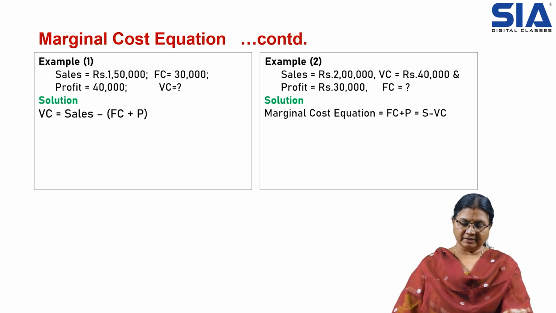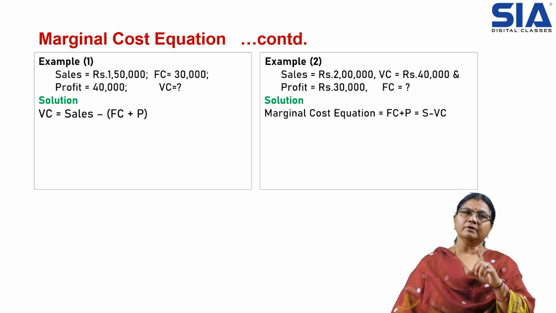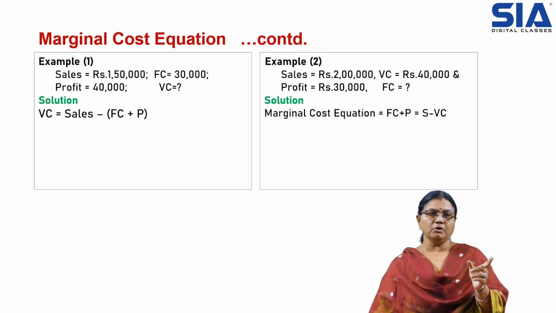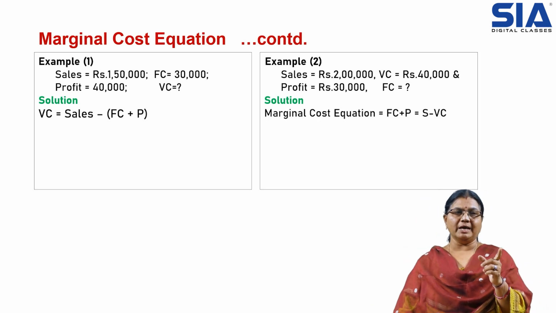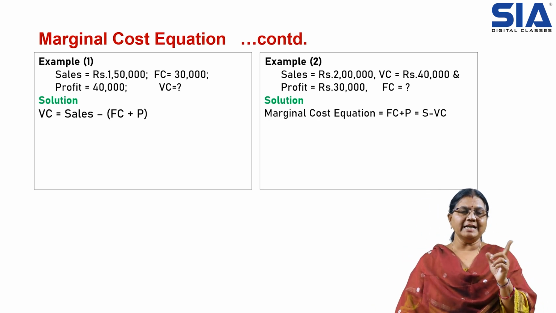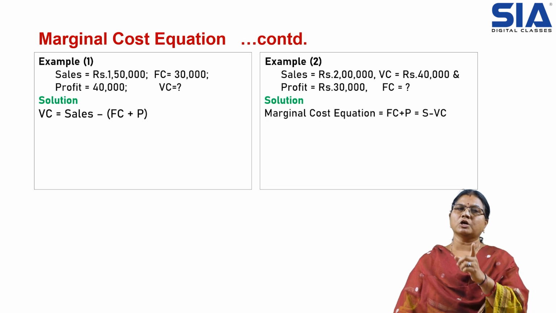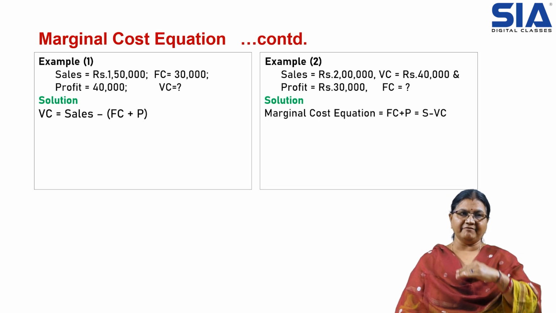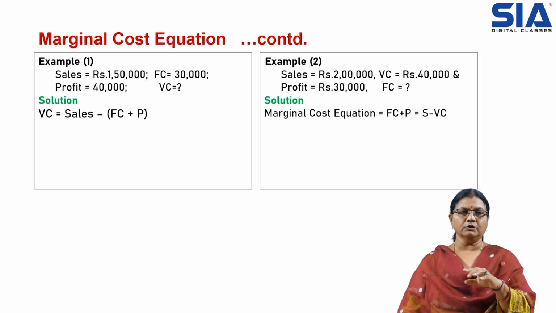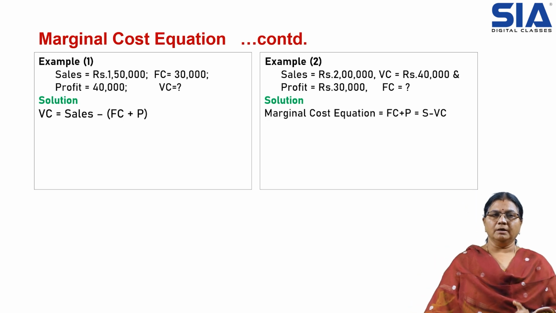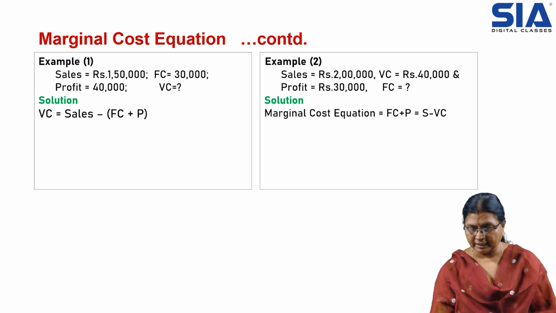Here data is given, that is sales is equal to 1,50,000, fixed cost is equal to 30,000, profit is equal to 40,000. Now we are here to find out the variable cost. So variable cost, the formula is given as I told you, sales minus variable cost is equal to fixed cost plus profit. After deriving, variable cost is equal to sales minus fixed cost plus profit. What is sales here? Sales is